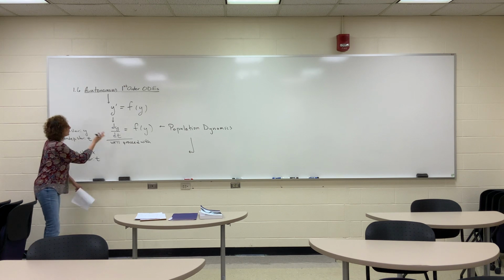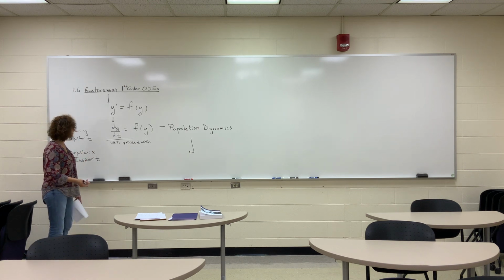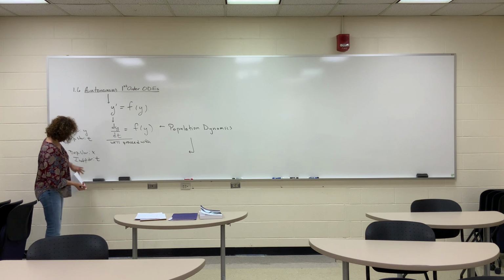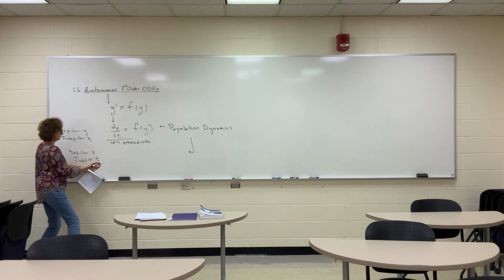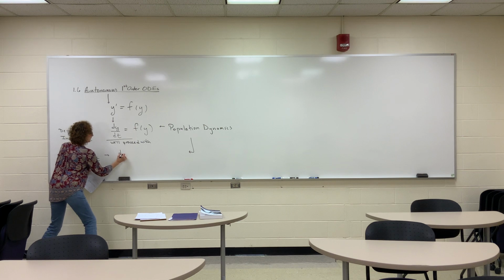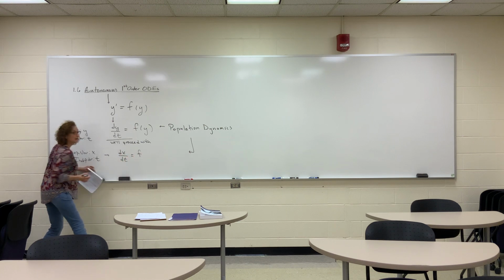Okay? And so how do I write an autonomous first order ODE, or general autonomous first order ODE in this context? Good. The derivative of x with respect to t is f of